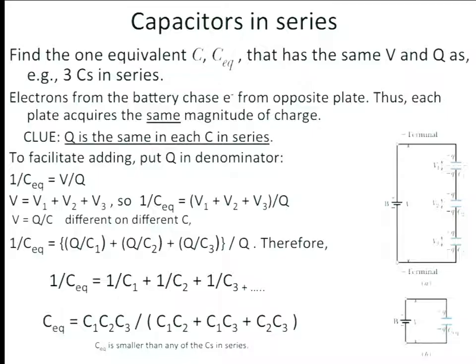What's less obvious is what goes on with a capacitor. A capacitor is given by Q over V, or V is equal to Q over C. And if you have capacitors in series, say, by analogy to here, I put a battery on this one, C1 and C2. Now, you might think, well, I have two in series, I'm going to have more capacity. But the problem is that